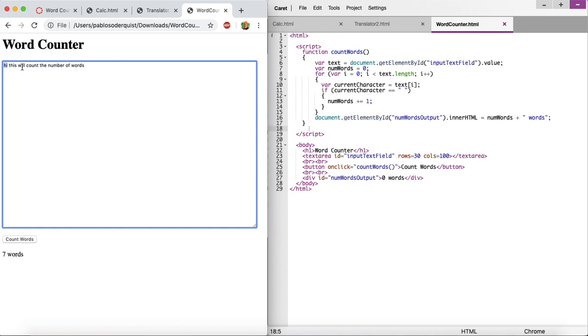Hi, 1, 2, 3, 4, 5, 6, 7, 8. There are actually 8 words here. It tells me there are 7 because, of course, it's just counting the spaces. There are only 7 gaps between 8 words. That's how it works. So one thing you could do is just say however many spaces there are, add 1